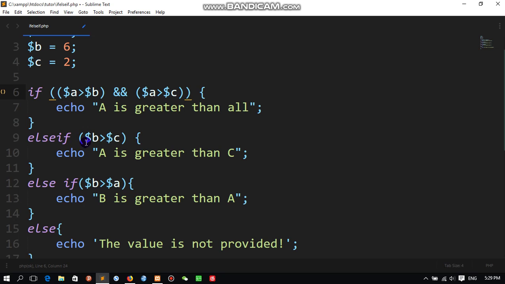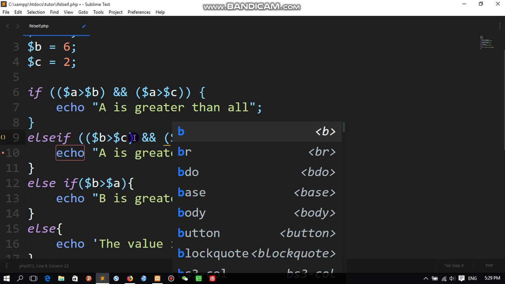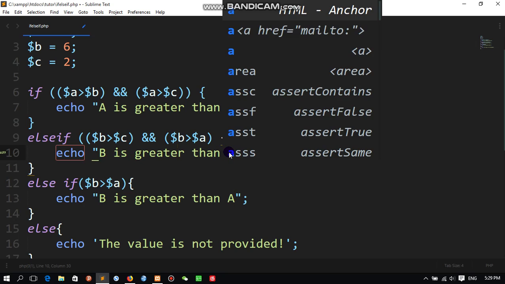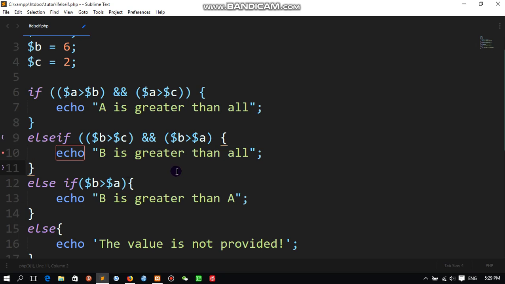In this case, if B is greater than C and B is greater than A, we will say "B is greater than all", because we are using the AND operator.